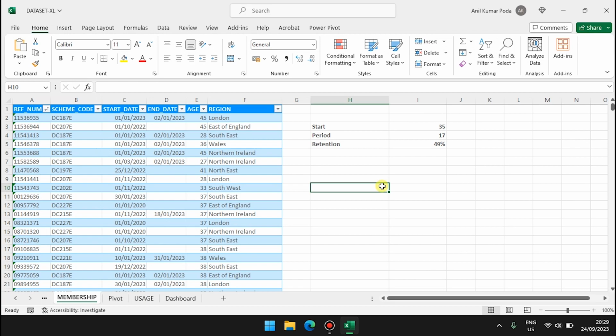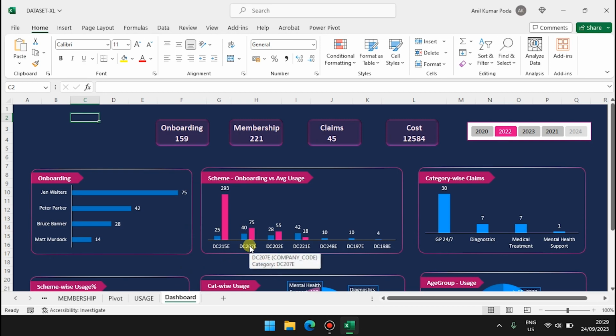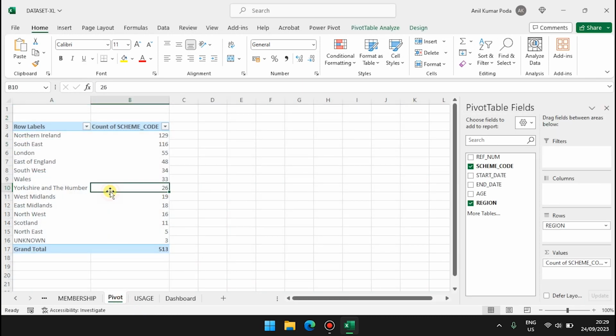Also in Microsoft Excel, you can use functions and different features to format the data, save the data, or summarize the data, or you can build dashboards like this for data analysis purposes so that businesses can take strategic decisions to improve business outcomes, or you can summarize the data using pivot tables.